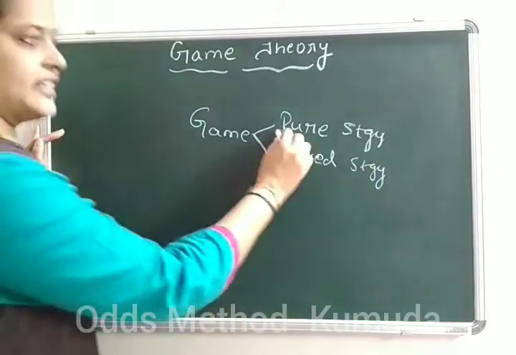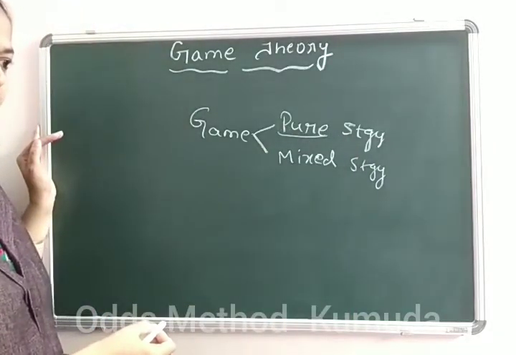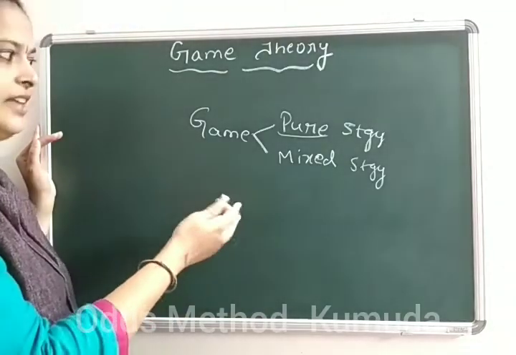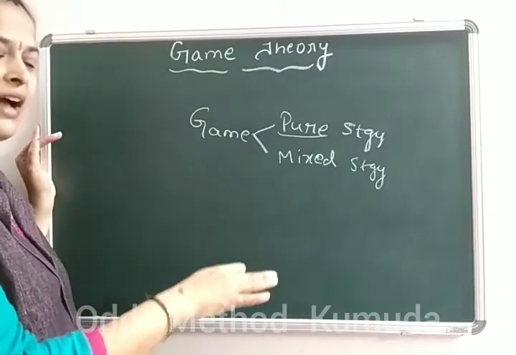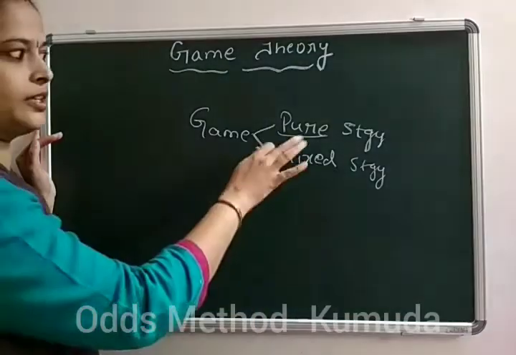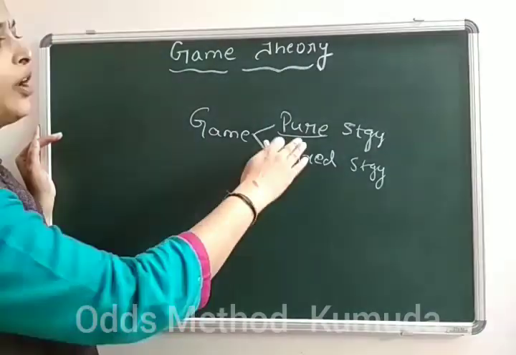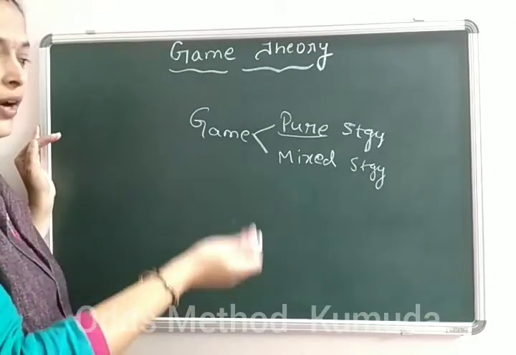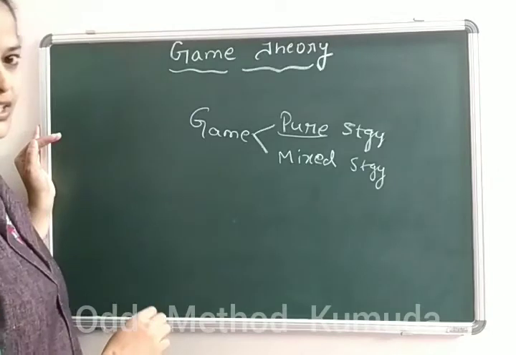So the pure strategy game means it has a saddle point. We all know that the saddle point is nothing but the row minimum and the column maximum at the same place. The actual definition being it is the maximin of a player and minimax of an opponent. That is actually the saddle point. And if any game has a saddle point, then we call it a pure strategy game. That means what is guessed by the opponent and what action is taken by the player, both are same. So that is the meaning of a pure strategy game.